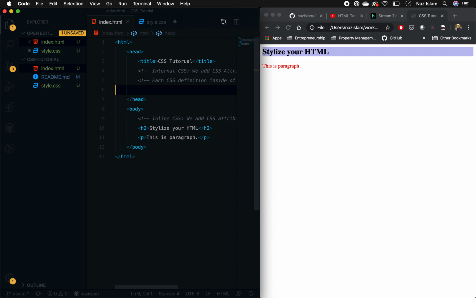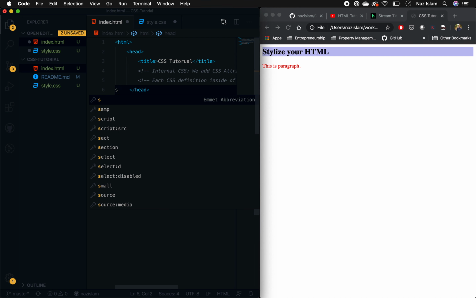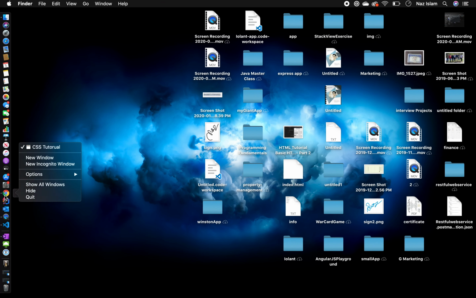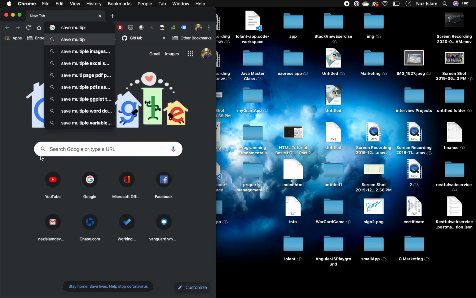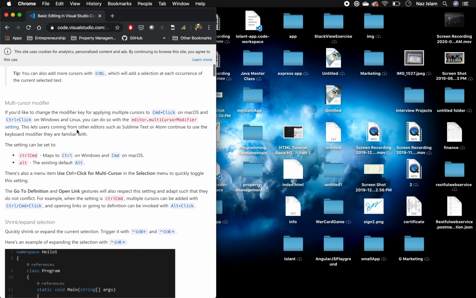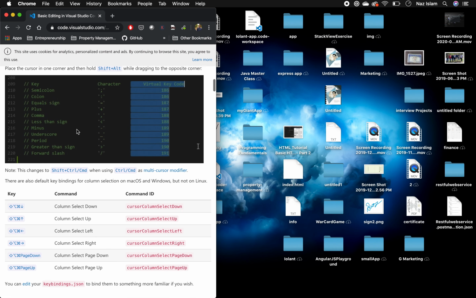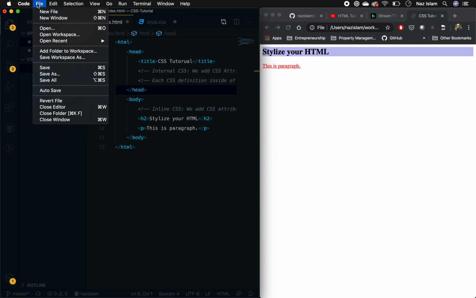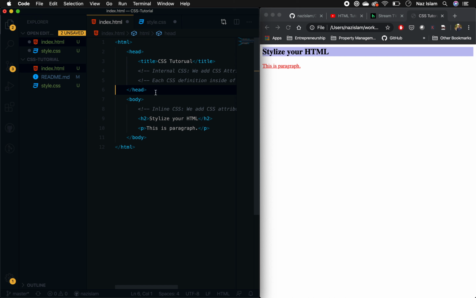So what I can do is Command K and S. We can save multiple files by Command Option and S. This way we saved both of these files, and at this point if I refresh the page you will